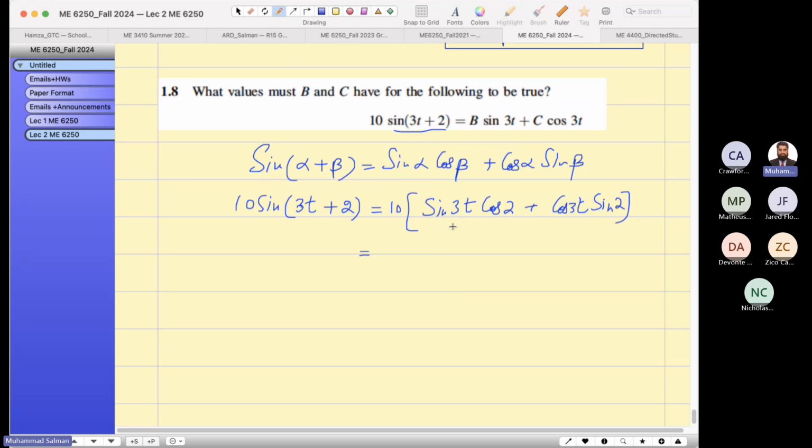And then if you just open it up, you will see, I will say b, whatever coefficient it is with this one, everything is outside. This is the coefficient, and 10 sine 2 is the coefficient of cosine 3t. This is c. Let me rewrite here for your convenience. Over here, this is 10 cosine 2. This is b. So b equals,